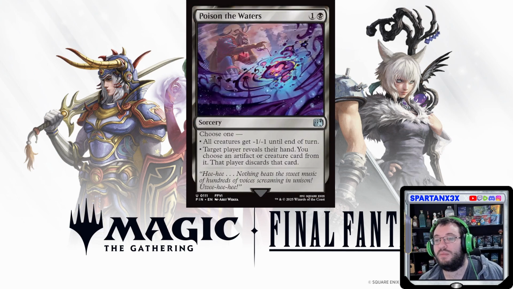Poison the Waters. 2 mana. All creatures get -1/-1. Target player reveals their hand, you choose an artifact or creature card, they discard it. This is probably okay. The -1/-1 probably hits a couple of things, and revealing their hand and choosing an artifact is probably something else you can just do if they don't have anything. I don't usually like taking just discard-from-hand things, because I feel like they don't do enough usually. But this does also affect the board, so